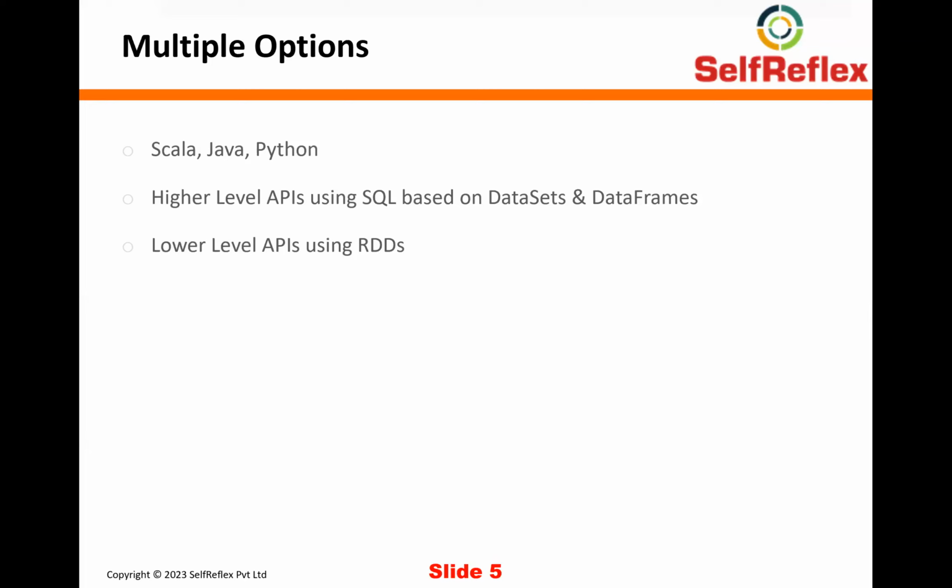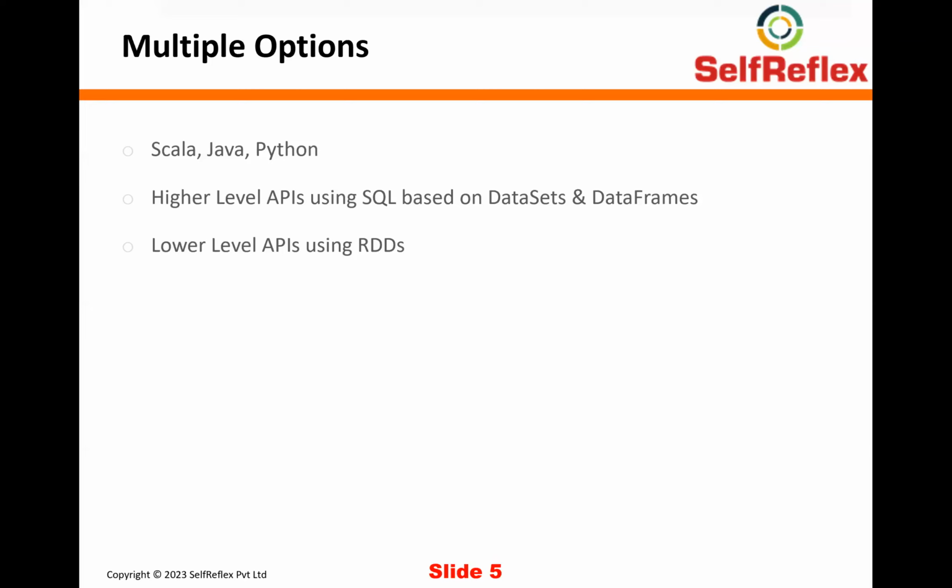Then there are higher level APIs using SQL based on datasets and data frames. So basically, in earlier versions of Spark, there were only lower level APIs that were using RDDs, resilient distributed datasets. I'm going to record the next video on resilient distributed datasets because it is one of the most important topics in learning Spark. In earlier versions of Spark, RDDs were the only APIs available for developers. And they are basically lower level APIs where developers need to take care of a lot of things